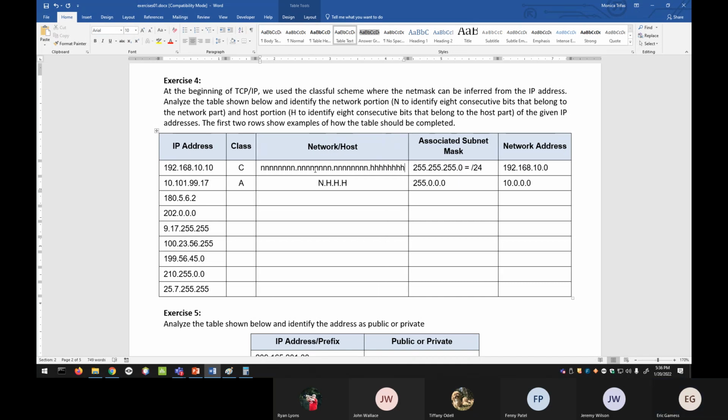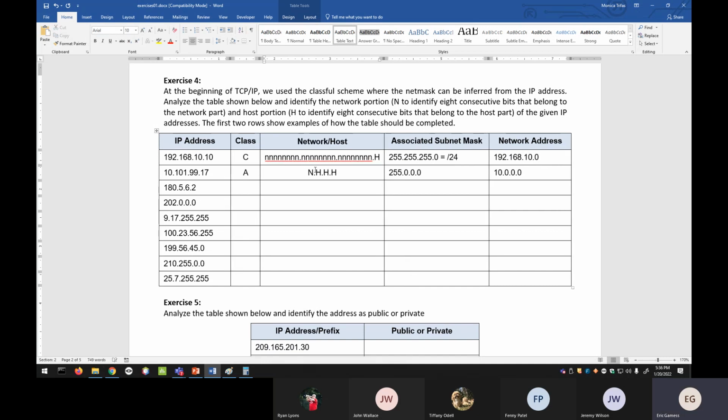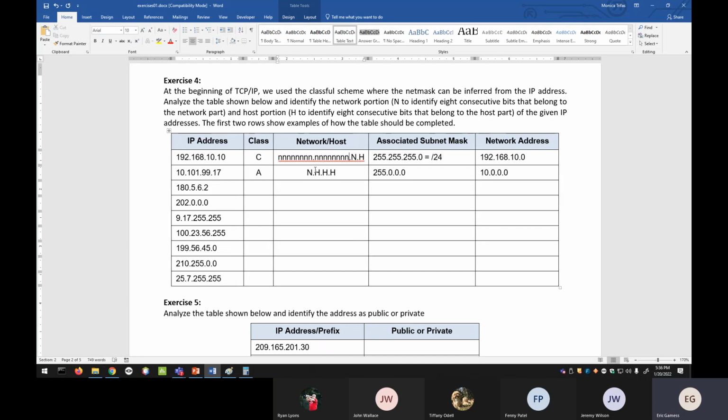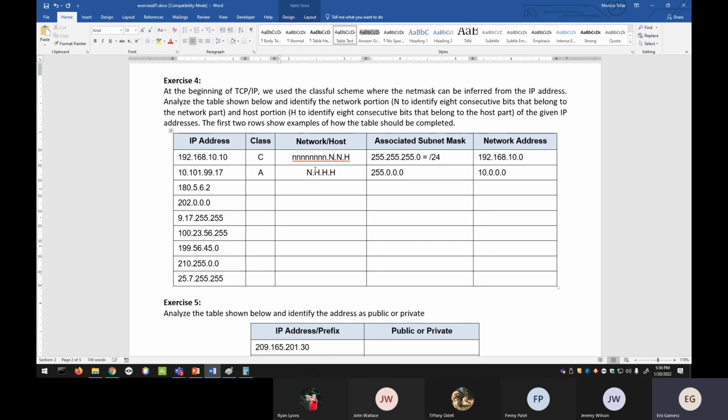So you see? Instead of putting 8 lowercase h, we can put just one big H, saying that we have 8 bits that belong to the host part. Instead of putting 8 lowercase n, we can put a capital N. Here a capital N, and here also a capital N. So at the end, we are saying that 24 bits belong to the network part, and 8 bits belong to the host part, okay? So the network address will be